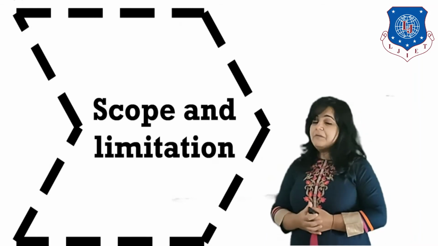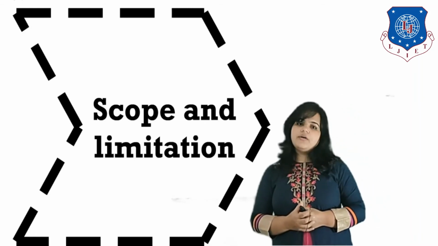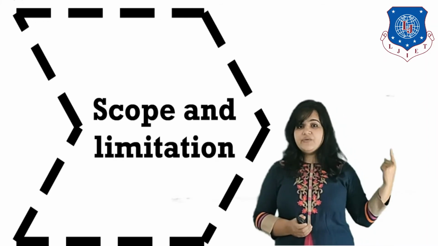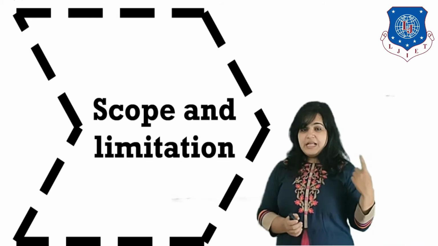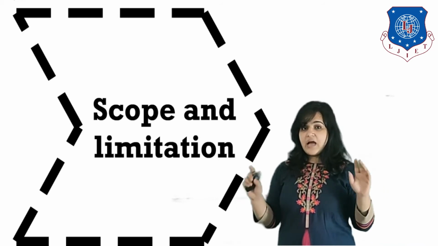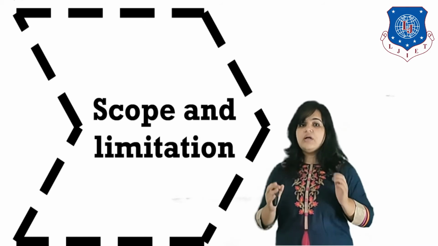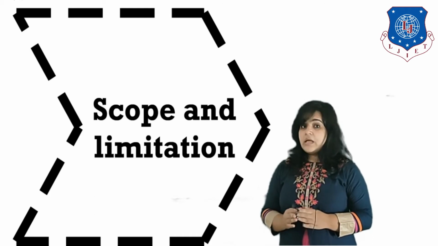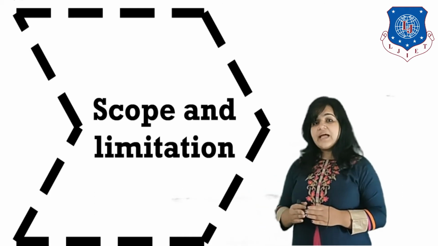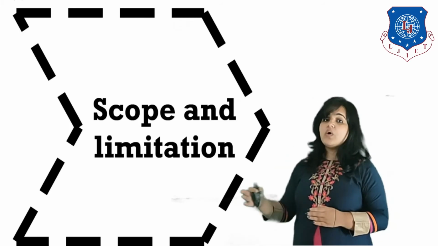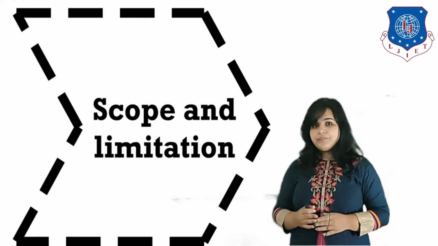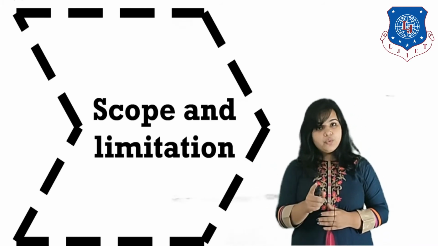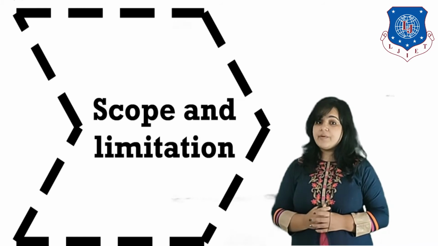Give out the scope and limitation of your proposal. Scope is, you will draw a line, you will draw a circle around your proposal, that this is the line inside which your product, service or your offerings would stay. You would specifically tell that up to what extent you are completing this task. Limitation is something which is not in your hands, and that too must be stated clearly in the proposal.